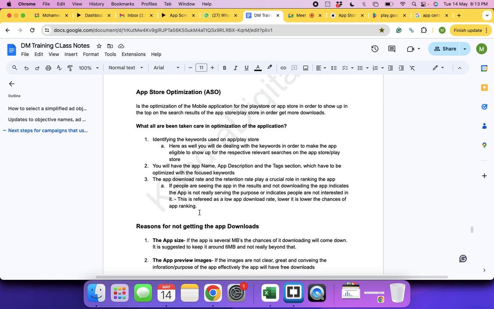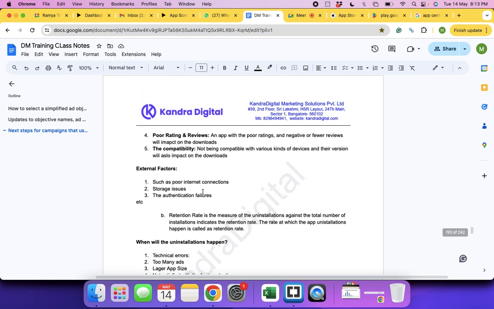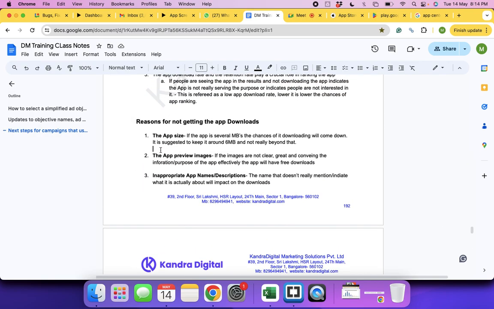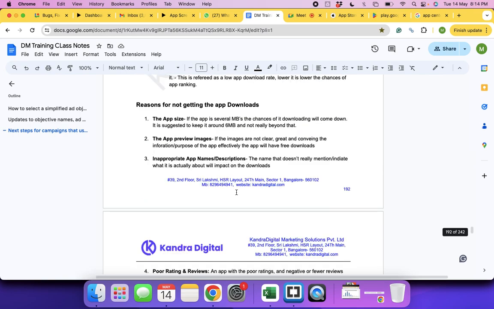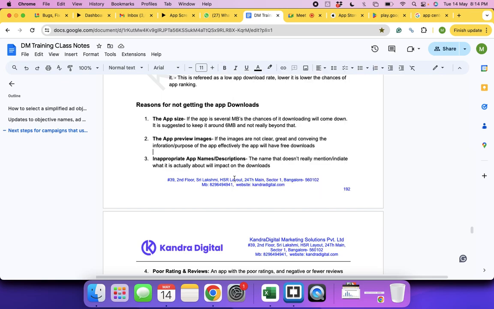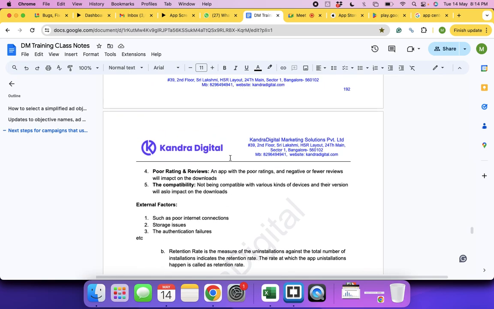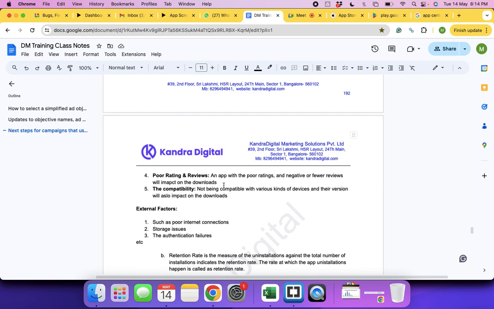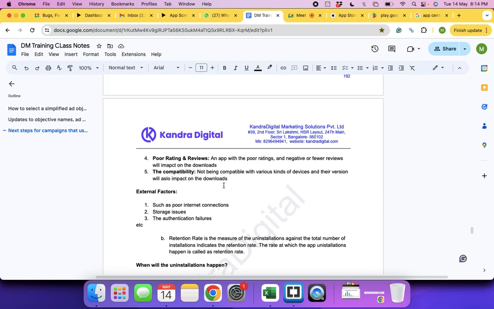So now, when you have to take care of ranking the app on the top, you'll have to look into these factors. We had some 8 to 12 points. Some points have gone away. Anyways, preview images. These are the very important things which you have to look into in order to get better